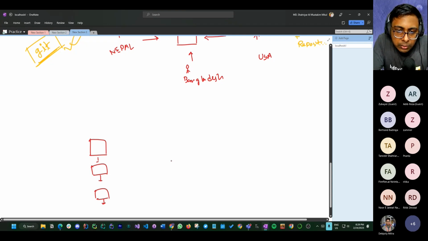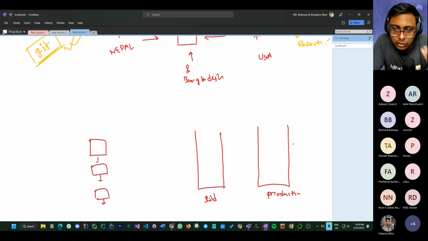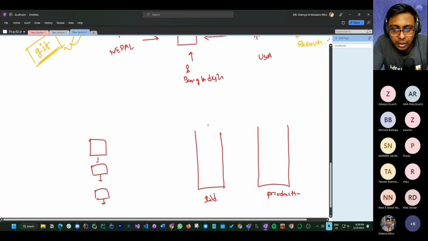Okay, now many people are actually uploading their code as well. Now there were just two servers, right? A server for building purposes and a server for production purposes. You can have multiple production servers actually, depending on how much traffic there is.